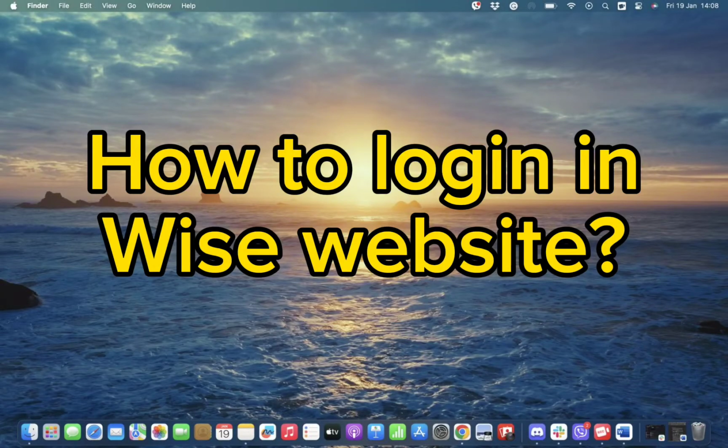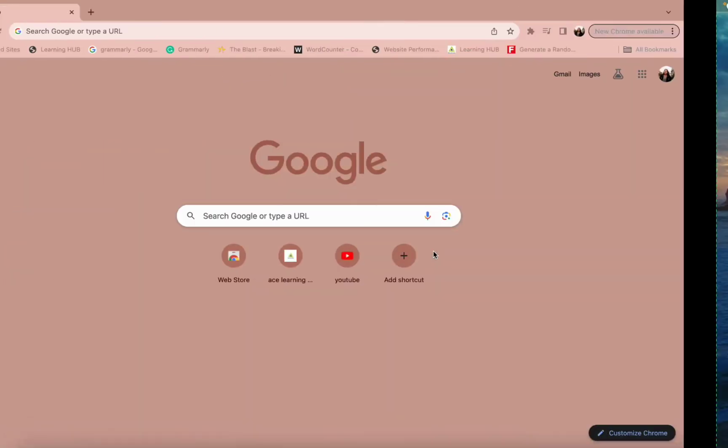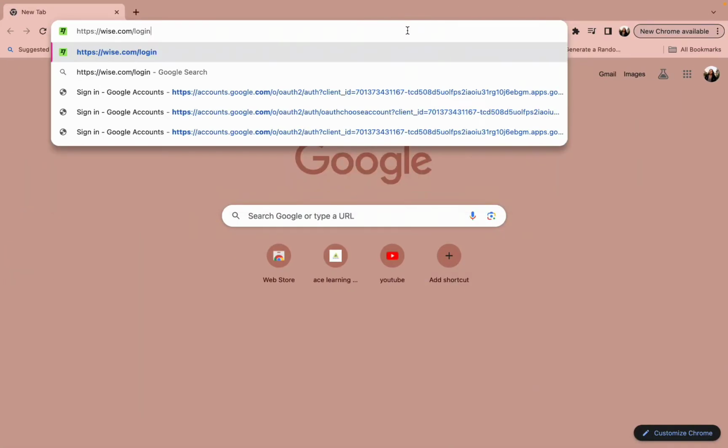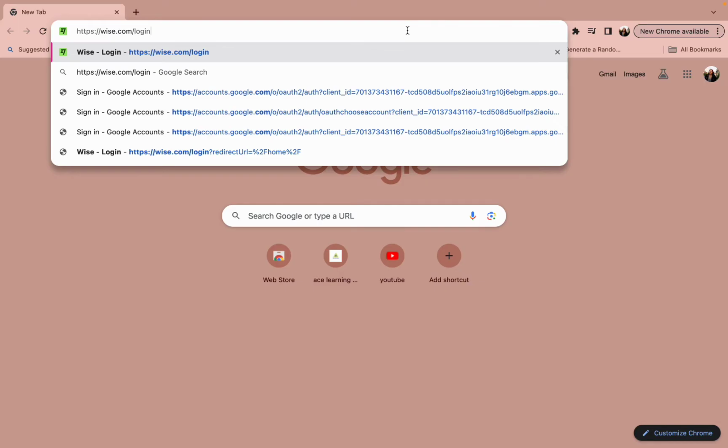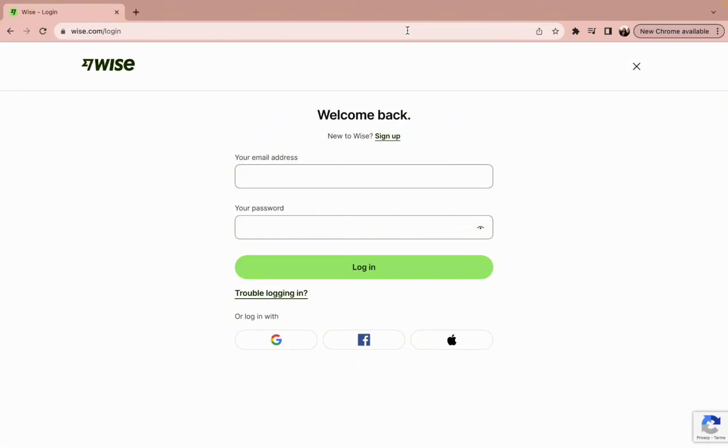So first and foremost, all you need to do is simply open a web browser of your preference and type in the URL www.wise.com/login. So once you do this, you will end up in this kind of interface where all you need to